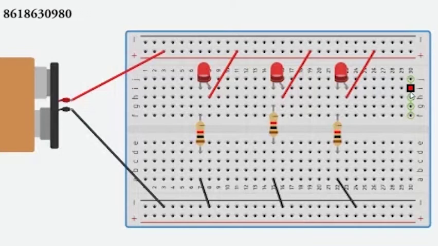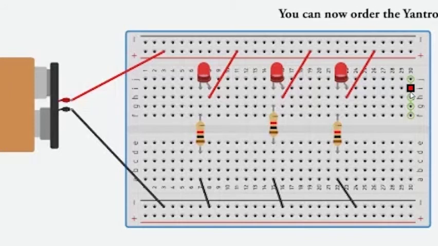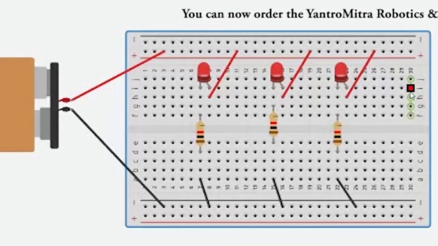Whereas in the case of series connection, LEDs are not independent. One end of the series is connected to the positive terminal, a longer leg of the LED is connected to the positive terminal. The shorter leg of one LED is connected to the longer leg of the other LED, and the longer leg of that LED is connected to the shorter leg of another LED, and then the shorter leg of that LED is connected to the source of power, which means that all the 3 LEDs are together connected.